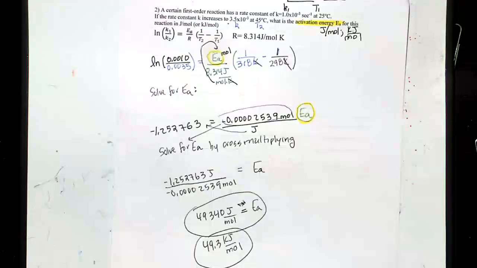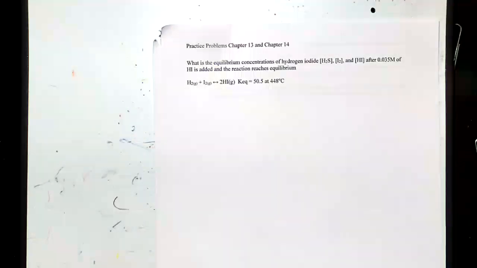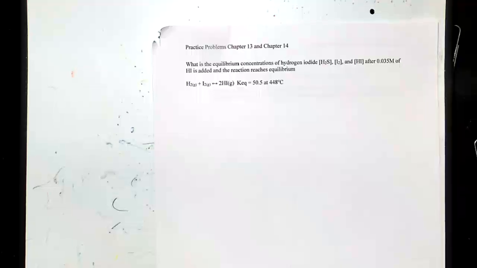Another problem on the computational side is the ice table. So let's go ahead and do an ice table problem here. So there's a lot of plug and play, plug and chug. So we're going to do a lot of ice tables after spring break. So this is our first